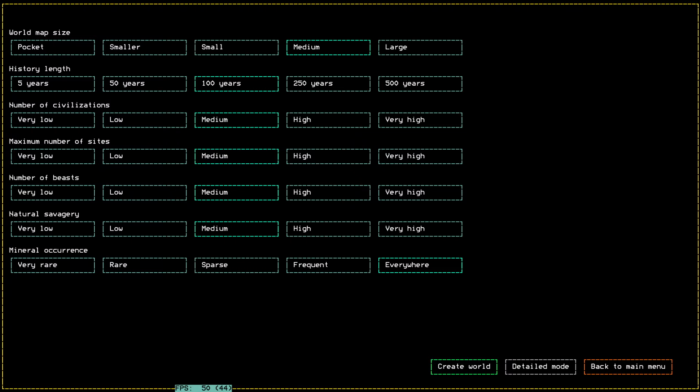World gen, first create a world. These suggested won't take long. Medium, 100, medium, medium, low beasts, very low savagery. No, that's just to make it easy. That's not to make it easy for the world generator. Okay, so they suggest that the defaults won't take too long. Let's assume that won't take too long is